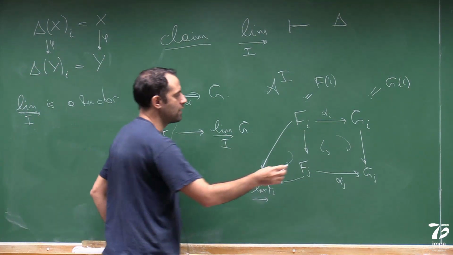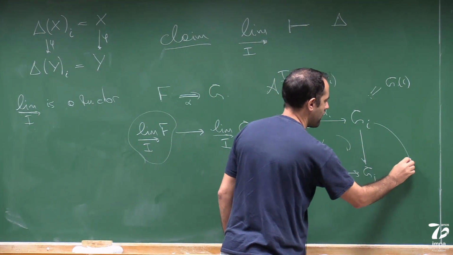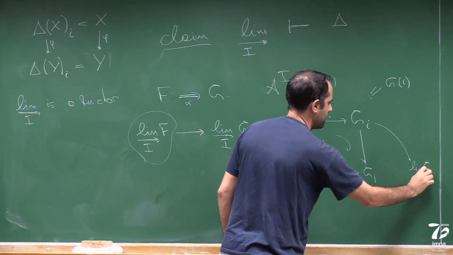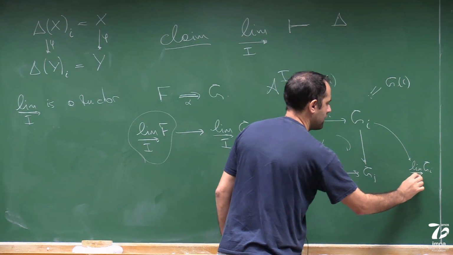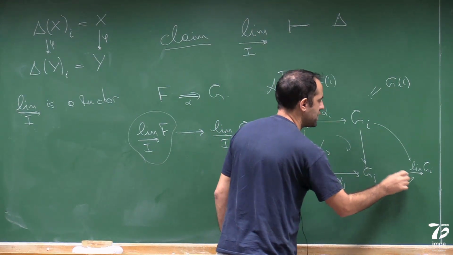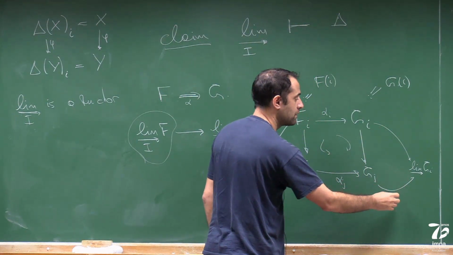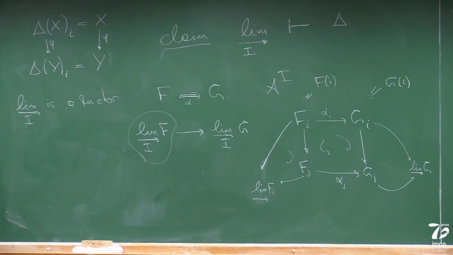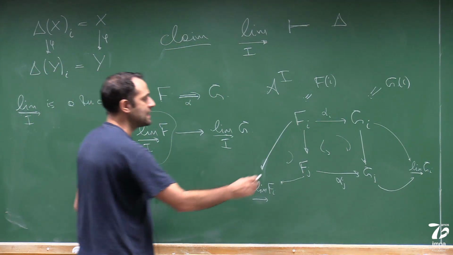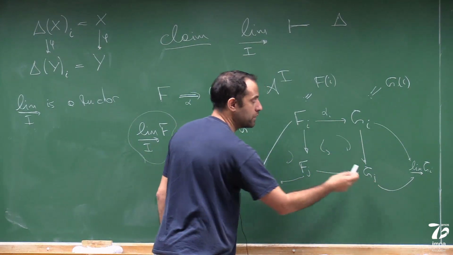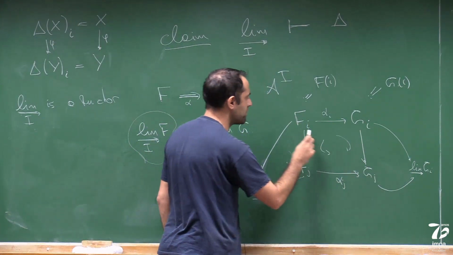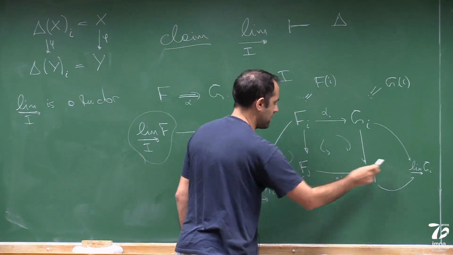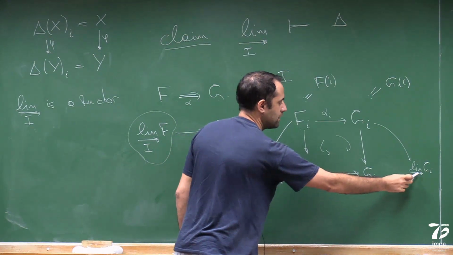And this guy here came with maps from g_i and g_j, making this diagram commute. And this is just one object that came with maps like this. But now, since this diagram commutes and this diagram commutes, this guy here comes with maps from f_i to here and from f_j to here,